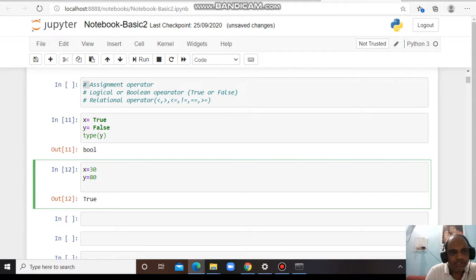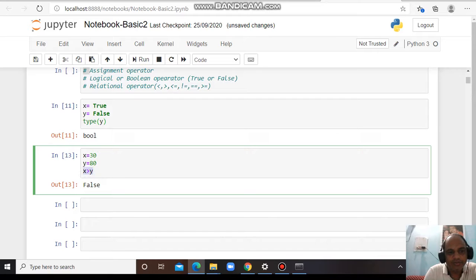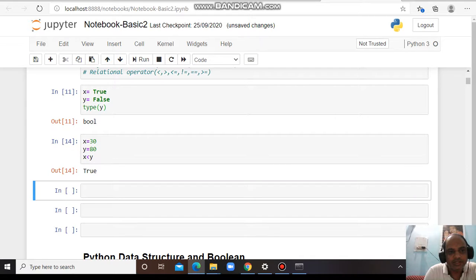I want to see whether x is greater than y or not. This is false because x is not greater than y. It returns the boolean false. Similarly, if I write x is less than y, it will return true, because 30 is less than 80.